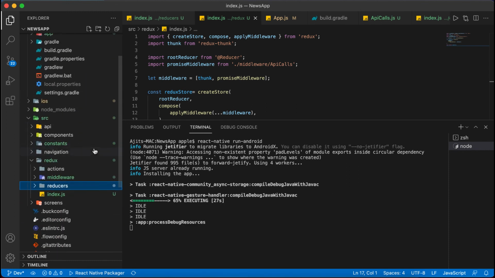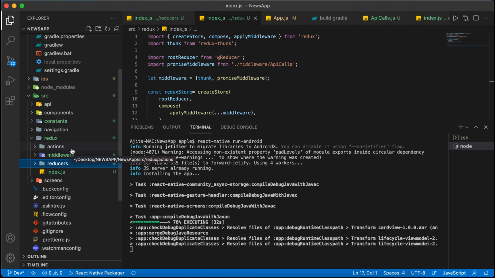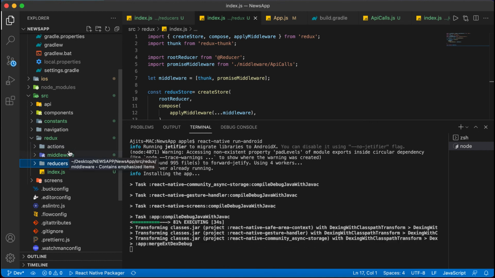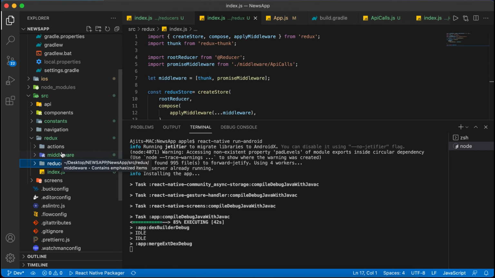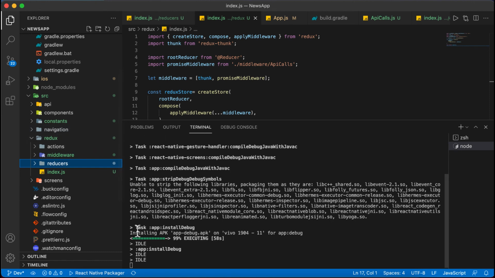If you are not getting the Redux part, then it will be okay, don't worry. We will slowly learn this. After updating some state and using some state, you will be clear. Just do whatever I am doing, and if you are getting some issues, then please write down in the comment box. Now you can see that our application is installing,